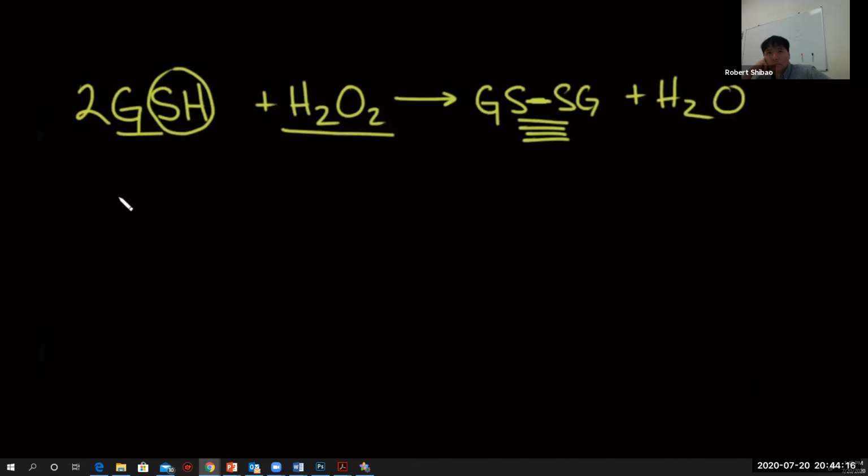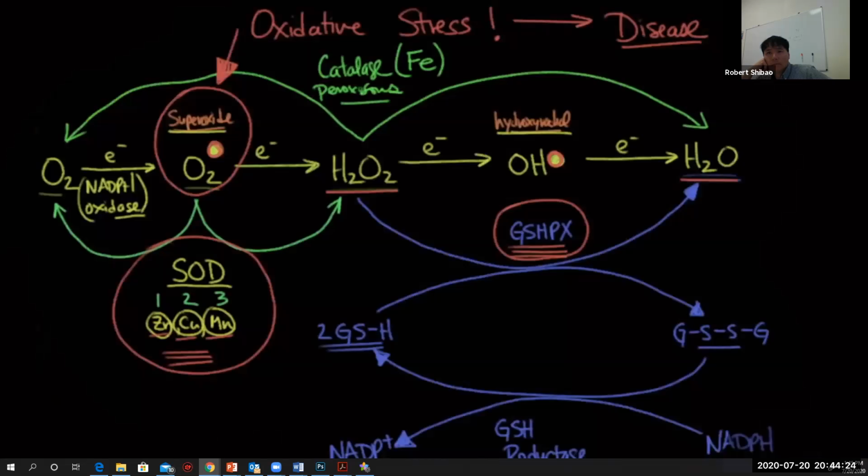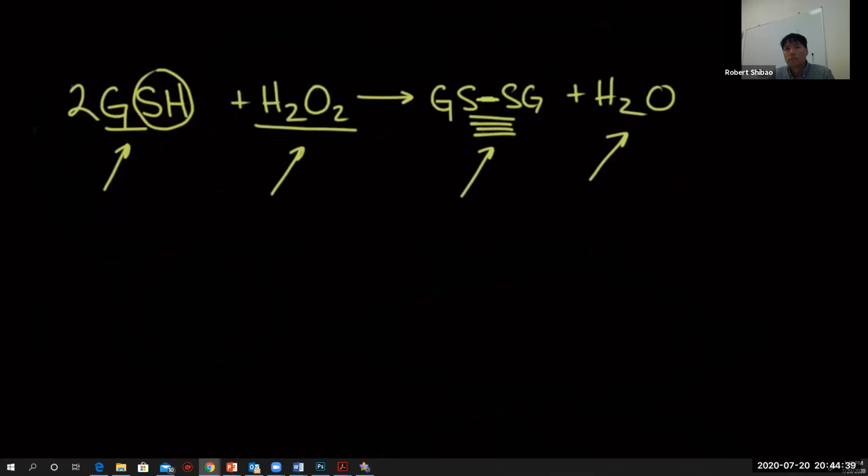So notice, 2 reduced glutathiones plus hydrogen peroxide gives you an oxidized glutathione plus water. And that should look familiar. Again, here we have two glutathiones being oxidized to a connected disulfide bond, and what you get is hydrogen peroxide turning into water. That's important to understand because here you have a